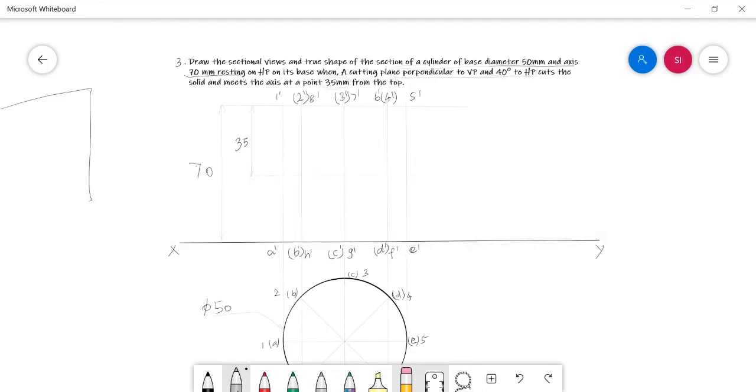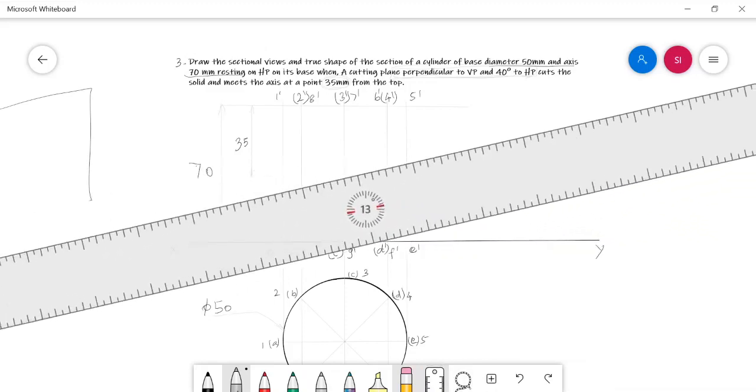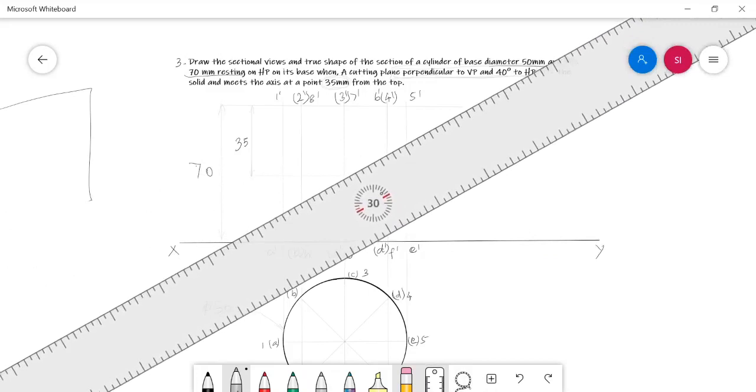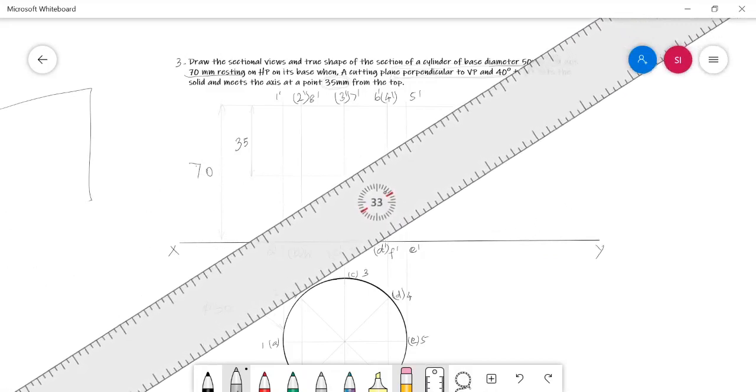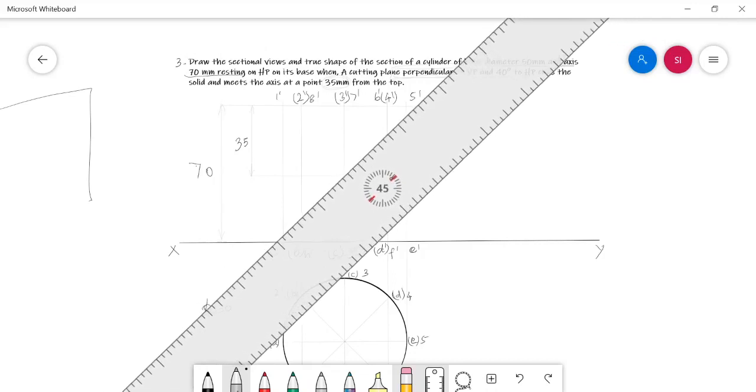The cutting plane is inclined at 40 degree to HP, and it's meeting the axis at a point 35 mm from the top at the axis.